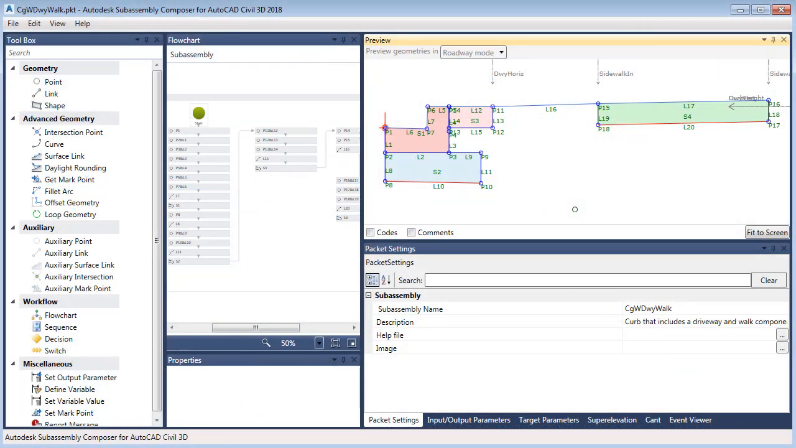As you can see, I've got the part open here in Subassembly Composer. Here on the Packet Settings tab, we can see this part is called Curb Gutter, Width, Driveway, and Walk. Let's take a quick tour of what we have. I'll start by saying that the intention of this part is to model the curb, the driveway, the boulevard, and the sidewalk. I started by creating the geometry for the curb and the subbase,